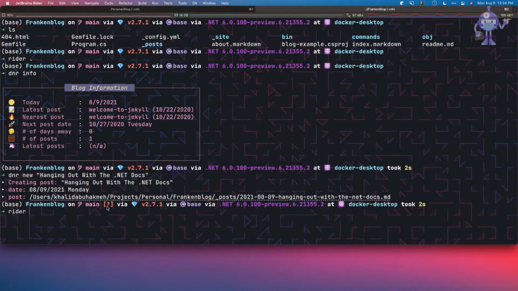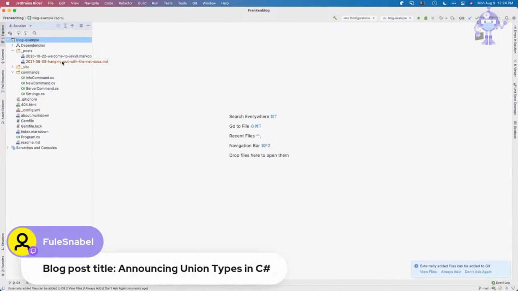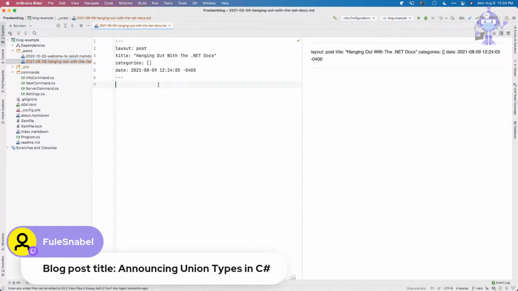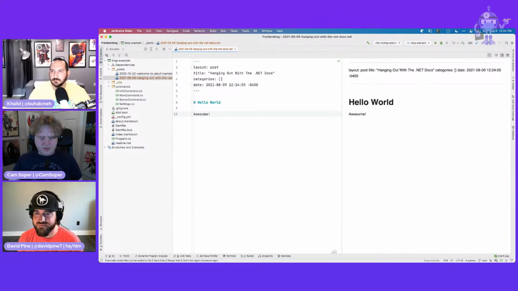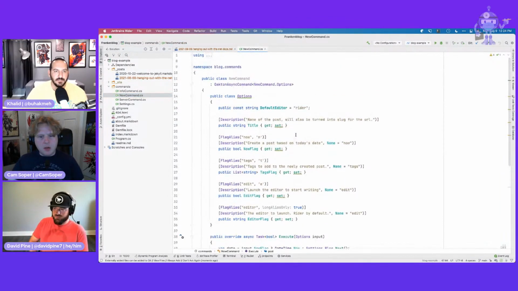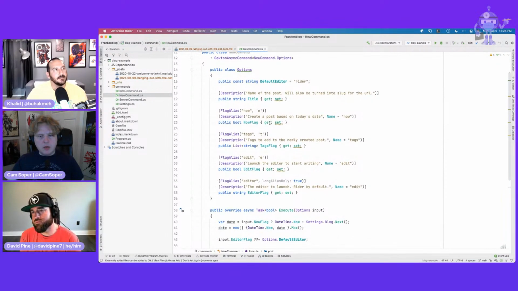So if I open up my editor, you can see that there's a markdown file ready to go. I can come in here and say... So that was a template command that you ran earlier? Mm-hmm. Okay. So if we look at it, again, none of this stuff is earth shattering,